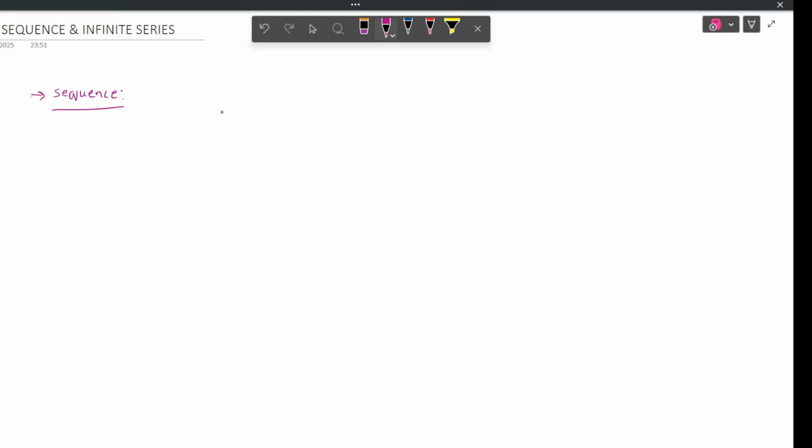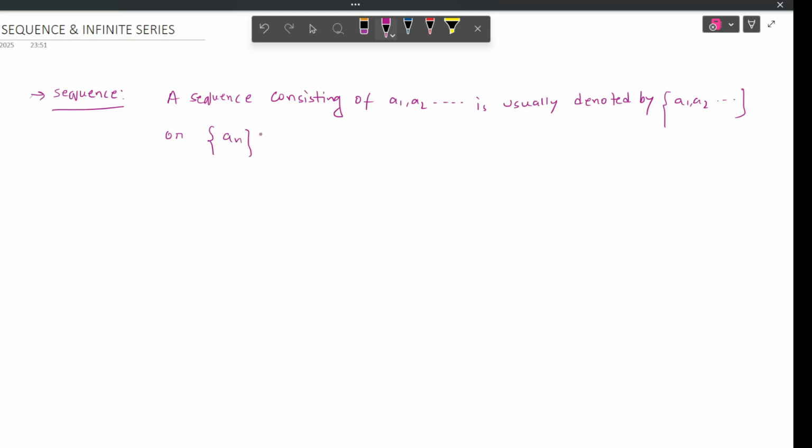Now, a sequence consisting of a1, a2 in this way is usually denoted by (a1, a2, ...) within parentheses, or simply a sequence is represented as (an) within parentheses. If we take an example of a sequence, it may be, let us say, 5, 7, 9,